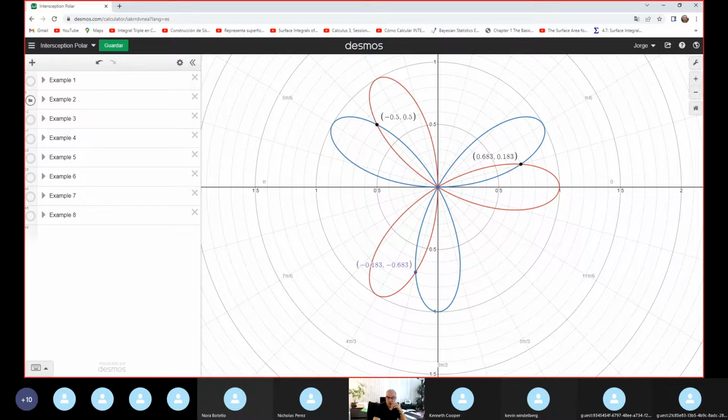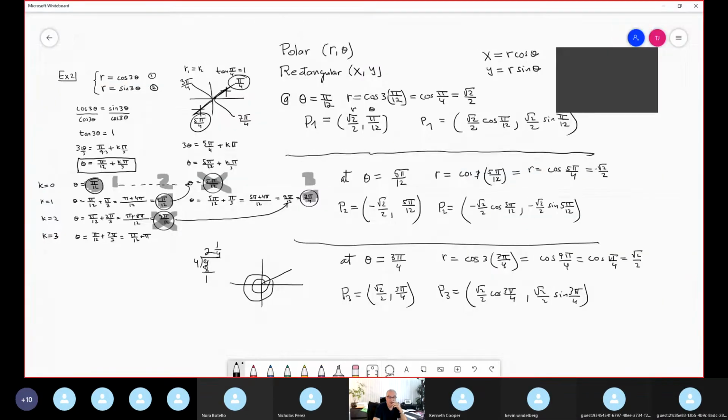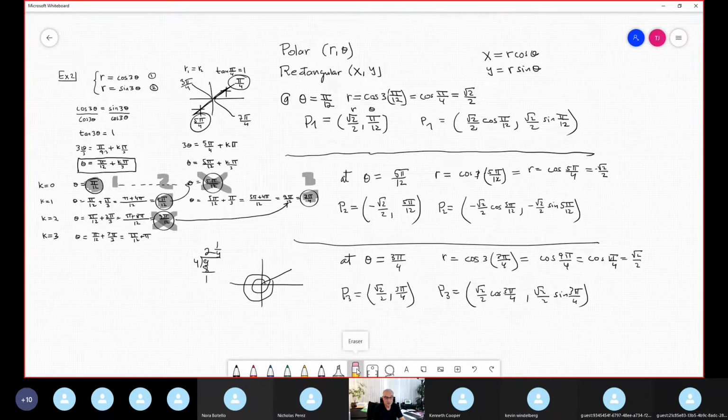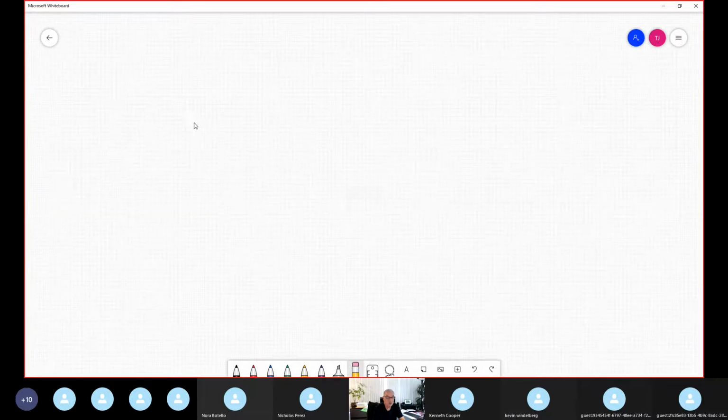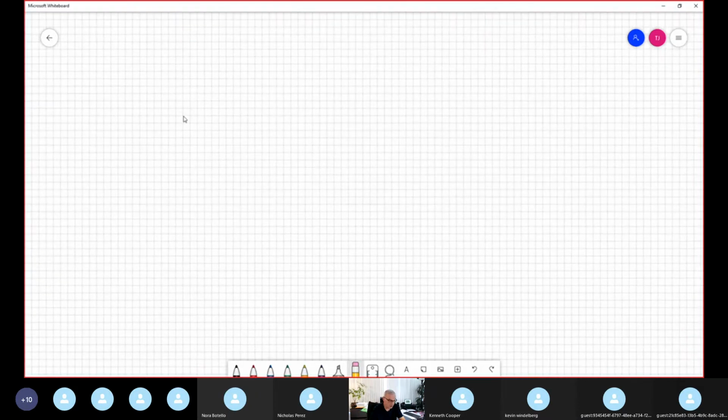Let's move on to example 3. We are doing the intersection between different graphs of equations in polar coordinates. Example 3 is, let me show you. Okay, example 3 is